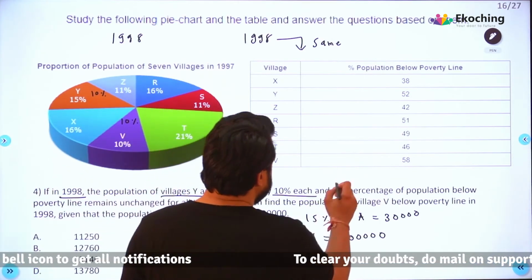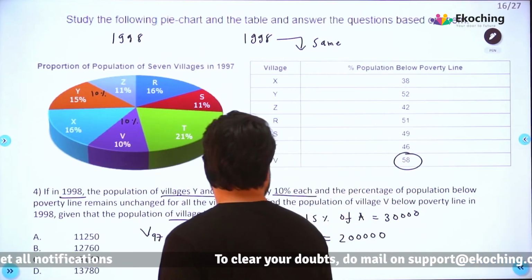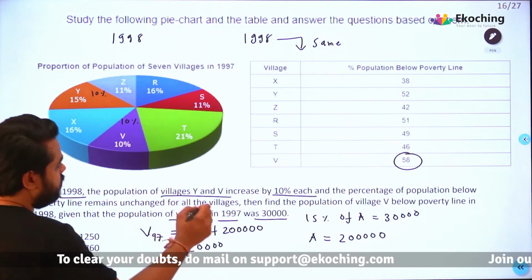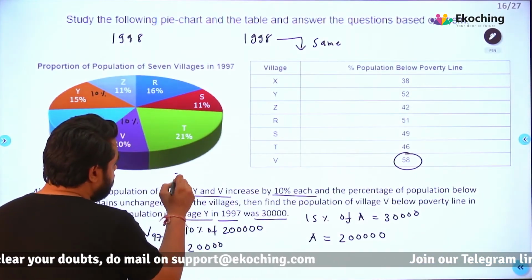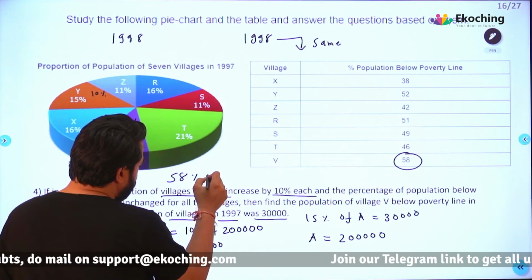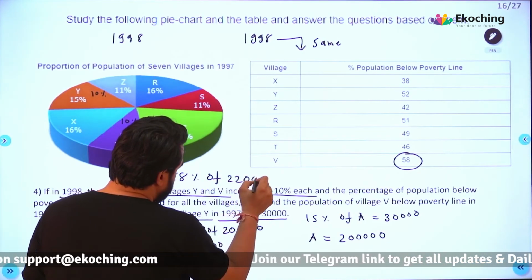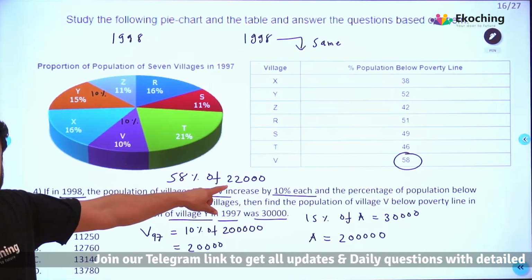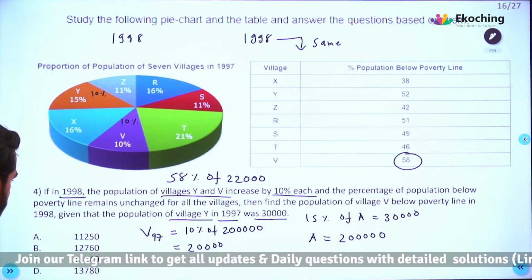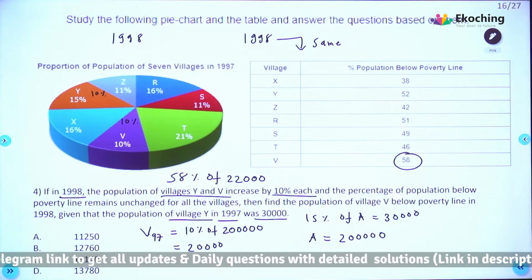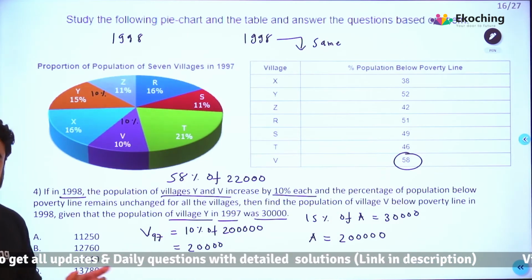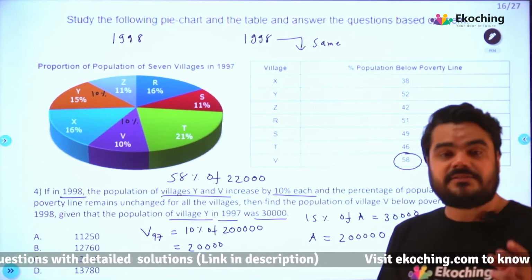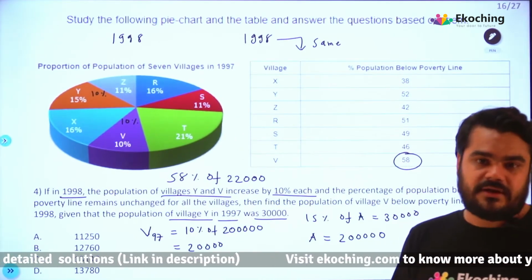Below poverty line village V 58% of 22,000. That is what we are supposed to find. I am writing here 58% of 22,000. कैसे फाइंड कर सकते हैं? एक ऑप्शन है 22,000 is 11 का मल्टीपल, आंसर हैज टू बी 11 का मल्टीपल चेक करो. 11 का मल्टीपल चेक करना है, कैसे कर सकते हैं? What is the divisibility rule of 11? I am sure you must have studied in numbers that the sum of alternate digits, either the difference should be